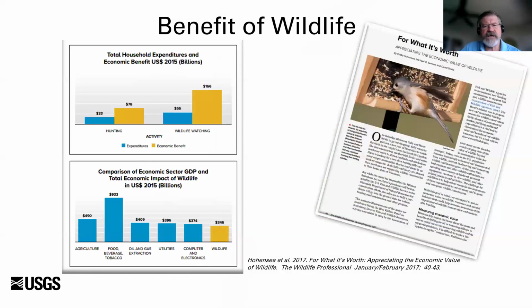and articles such as this about how much we actually, what value we actually get from wildlife or the ecosystem. And this one was specific to wildlife. And they identified, if you see in that bottom chart, that economic sectors, they compared what the benefit we get from wildlife to computers and electronics, or sectors like utilities and even oil and gas. So we get a lot of benefits out of these, we get a lot of monetary value. And so how can we start using that to kind of model and understand?